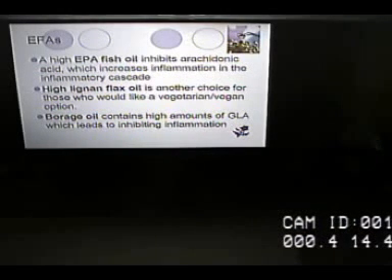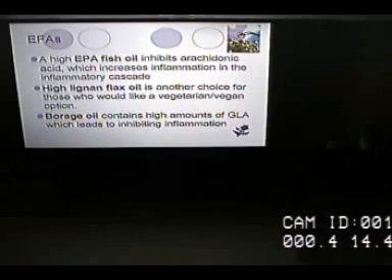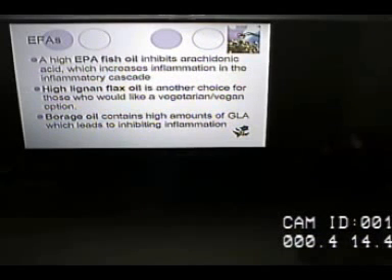Or we have some out there that have a combination that have high EPA, which is anti-inflammatory. DHA is more so for the brain, the eyes, women that are pregnant, for the developing fetus in the brain, for mood disorders, ADD, autism, things like that. Although I have seen some significant studies with high EPA for bipolar and depression issues as well. Because as you saw in that one slide, EPA converts right into DHA, so your body will convert it to what it needs.